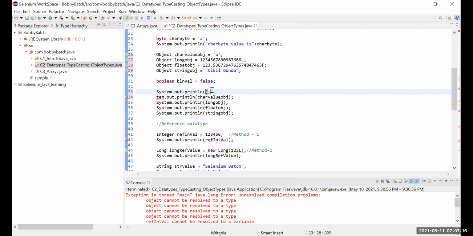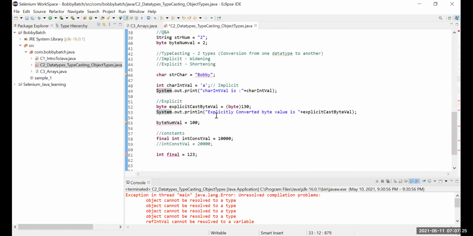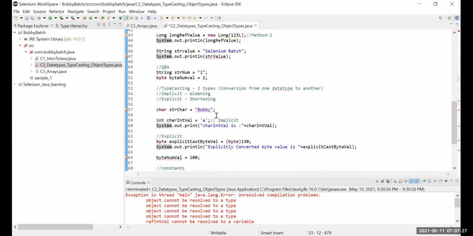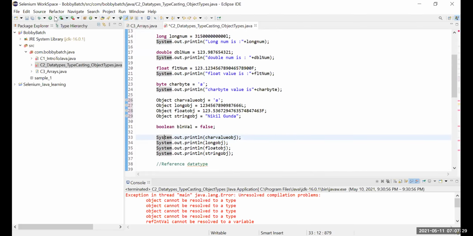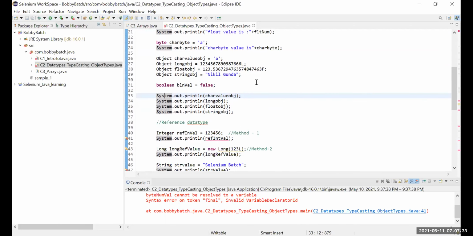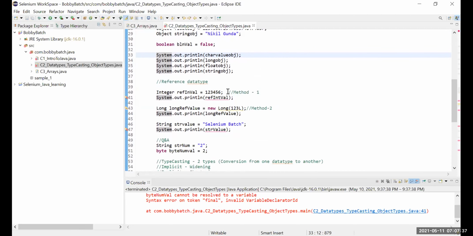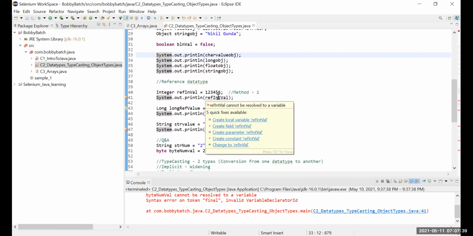You still have issues below. It should work now, right? If I run, you still get an error because there are compilation errors below. You see this referencing value. This one? Yeah.